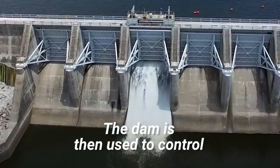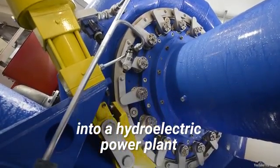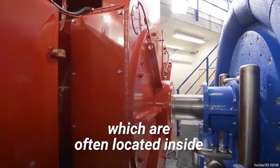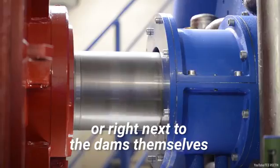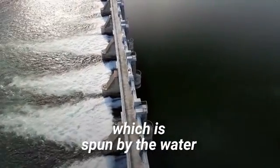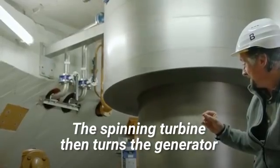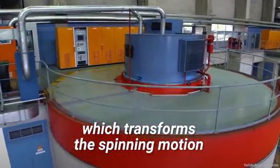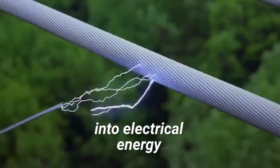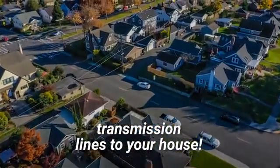The dam is then used to control the flow of that water into a hydroelectric power plant, which are often located inside or right next to the dams themselves. That water flows into the turbine, which is spun by the water. The spinning turbine then turns the generator, which transforms the spinning motion into electrical energy. That electricity is then carried through transmission lines to your house,